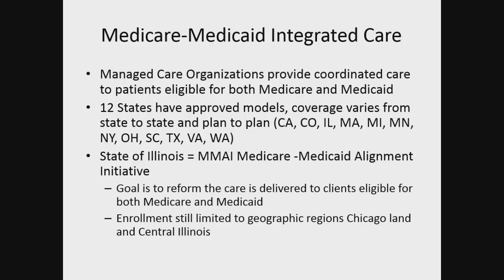Medicare and Medicaid integrated care. These are the managed care organizations providing coordinated care to patients who have both Medicare and Medicaid. So far, there have been 12 states that have been approved by CMS. Their models have been approved by CMS. And the coverage, again, varies from state to state and plan to plan. The 12 states that are currently active are California, Colorado, Illinois, Massachusetts, Michigan, Minnesota, New York, Ohio, South Carolina, Texas,